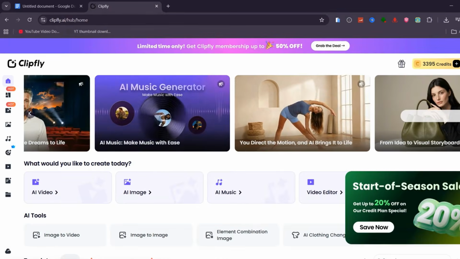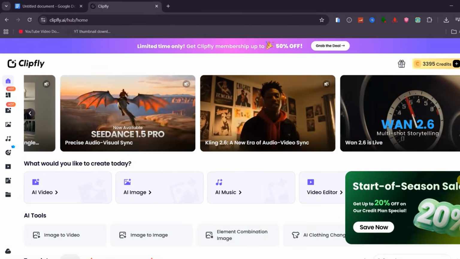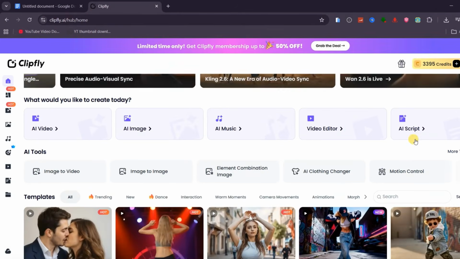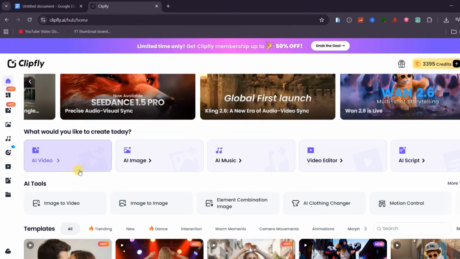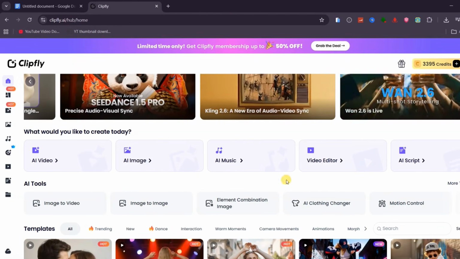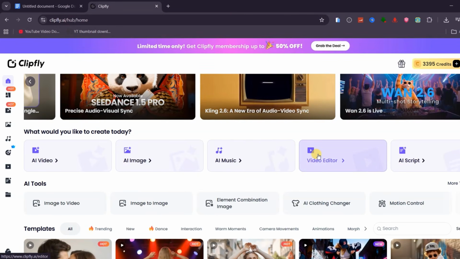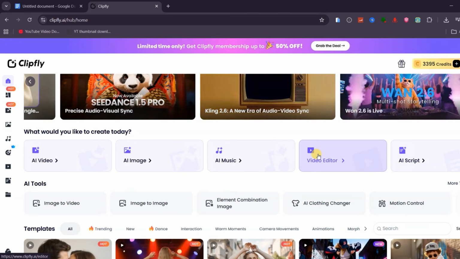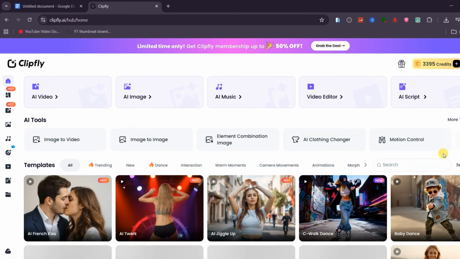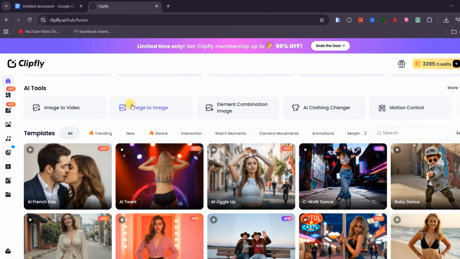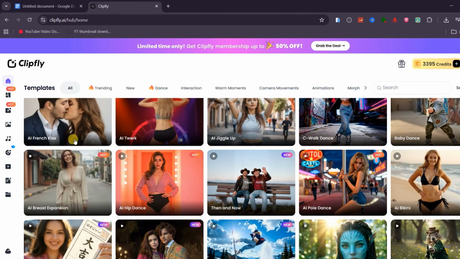It is an all-in-one workspace that brings top-tier generation models into a single workflow. You can generate videos, create high-quality images, generate music, edit your clips after generation without needing another editing software, and even write powerful scripts that sound natural. It also includes a full library of trending templates, such as baby dance videos, that you can remix in one